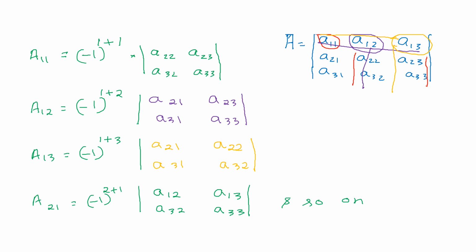So what has to be done next? Let's work out one problem. So in that it will be very clear to you how to find the cofactor of a given matrix and then find the adjoint of a given matrix. Okay, so let me write one question here. Question: find the adjoint of the matrix